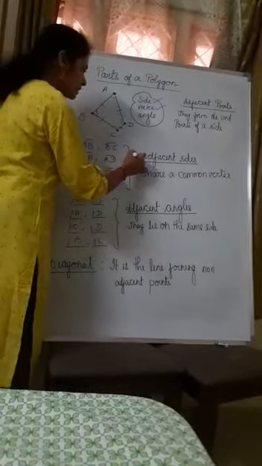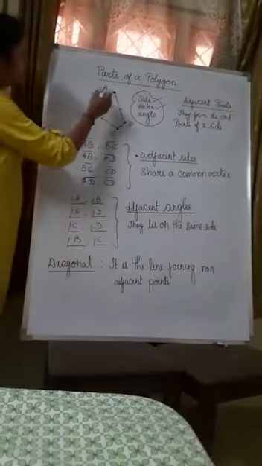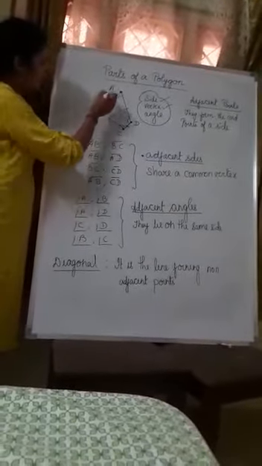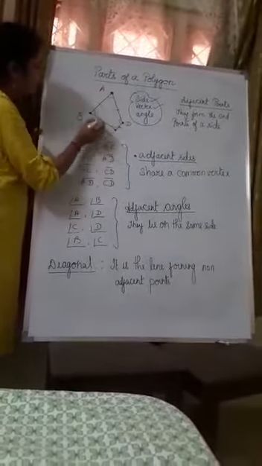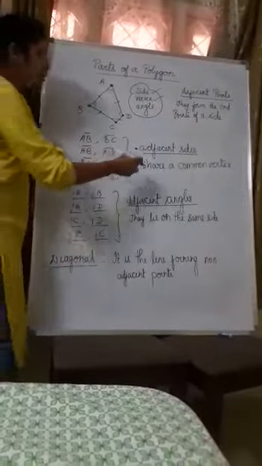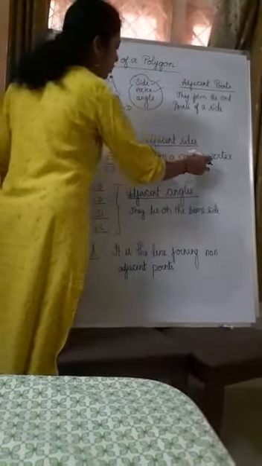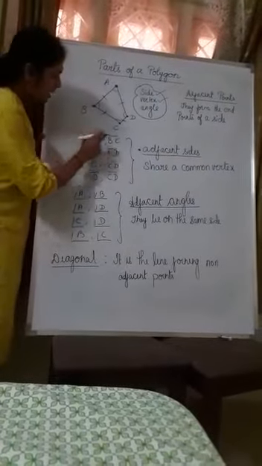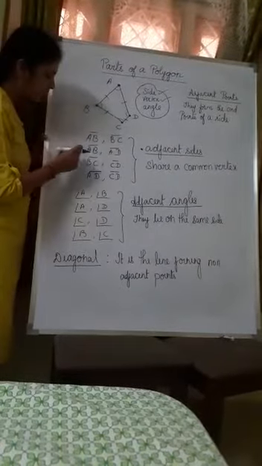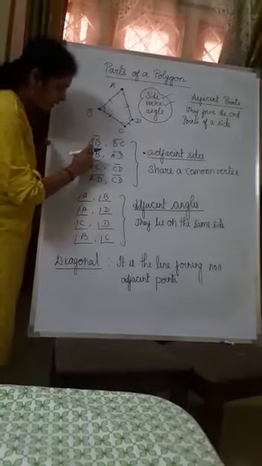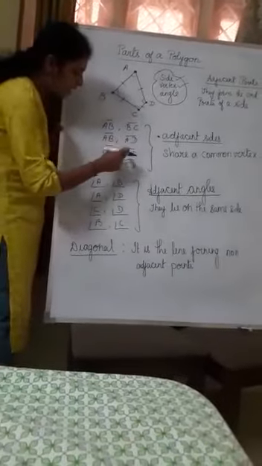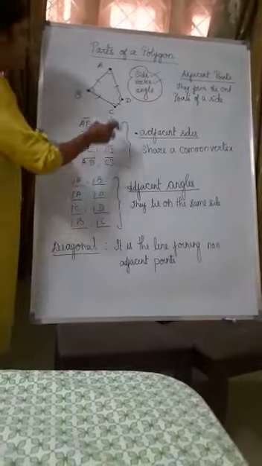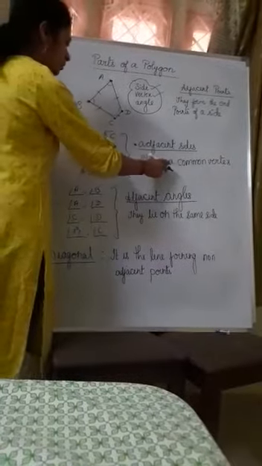The next concept is adjacent side. So this is a side. AB is a side and BC is a side. Now what is there in common in between them? What connects them? This vertex connects. So if two sides share a common vertex, then those two sides are called adjacent sides. Here you can see AB, BC. So what is common? B is the common vertex. AB and AD. What is the common here? A is the common vertex. BC and CD. C is the common vertex. AD, CD, D is the common vertex. So the adjacent sides will share a common vertex.